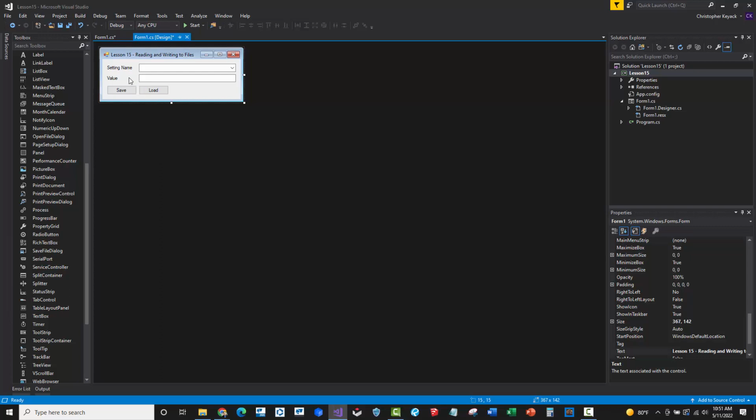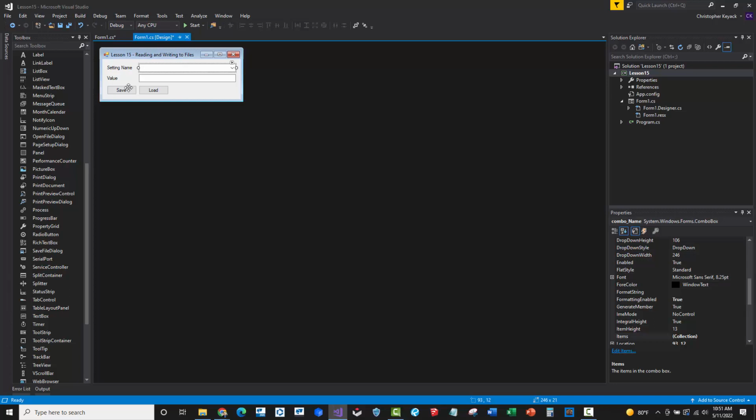So what I need you to do is create a new Windows application, and you'll have two labels on here. Basically the inputs are going to be a combo box control up on the top, which we've done in the past, which gives us a drop down of items that we can choose from, or we can type in a text value here. And then the second control is going to be a text box, which is just going to display the value that's associated. So we're going to have a sort of pair: there's going to be the variable name and then there's going to be a value,